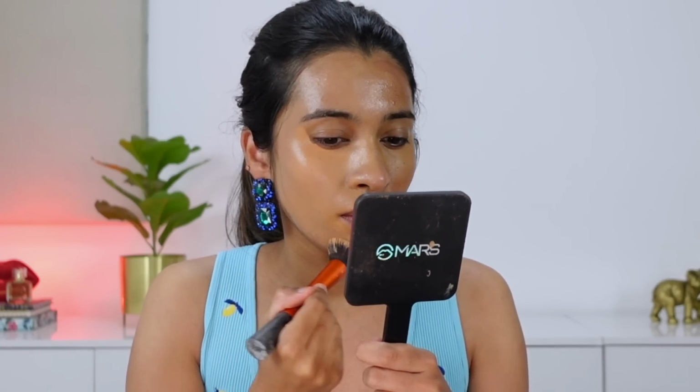You can keep this coverage to light coverage, just like skin, or light medium, or you can even build it to medium coverage. And this looks like a nice medium coverage foundation on your skin. It adds a subtle glow to your skin as well. Once you set it with powder, the glow actually does disappear. So irrespective of your skin type, you can try this BB cream out, and I think you would really like